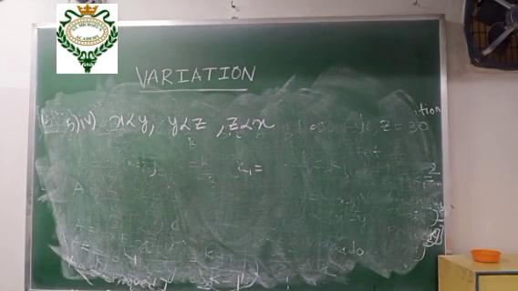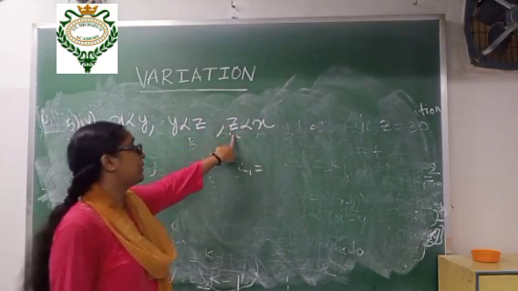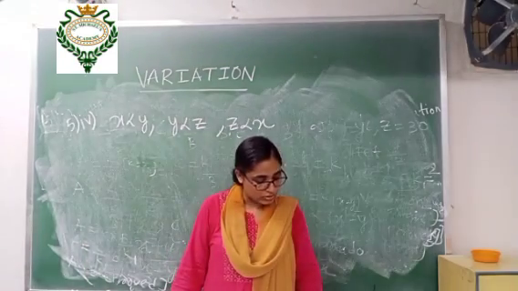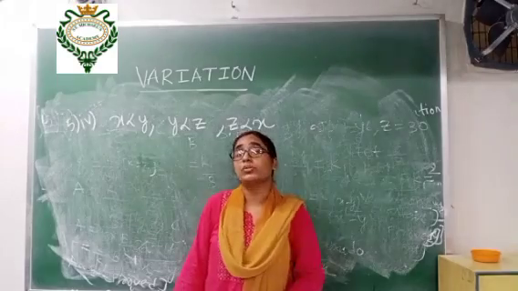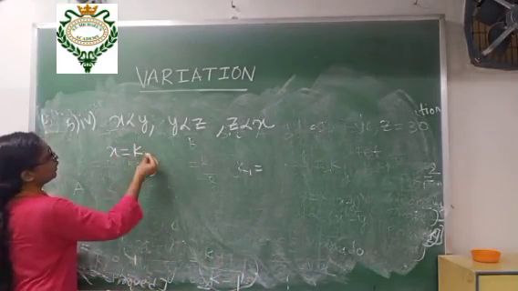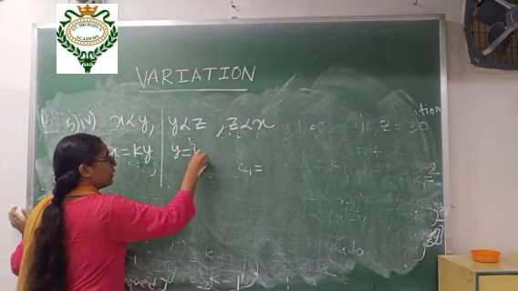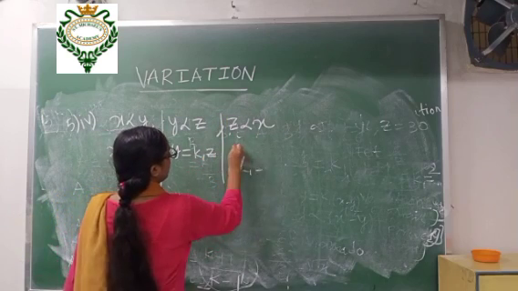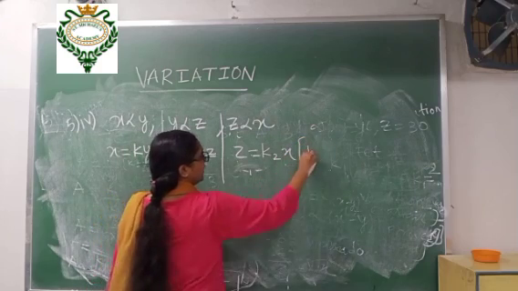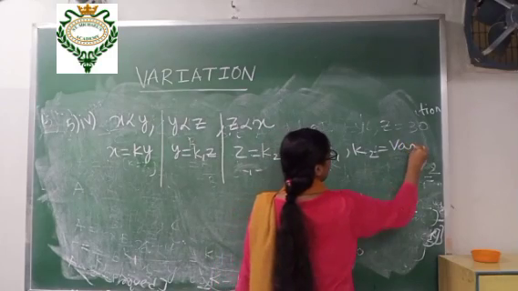Now class 10, 5.4. Given if x varies directly with y, y varies directly with z and z varies directly with x, then what is the relation among the constants of variation? Means if you take one variation constant, what will you do? You will take x equals ky. In this one, you will take y equals k1z. And in this one you will take z equals what? K2x. And what will you write? k, k1, k2 are variation constants.